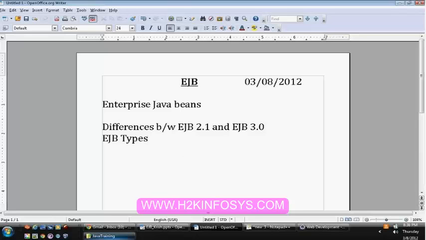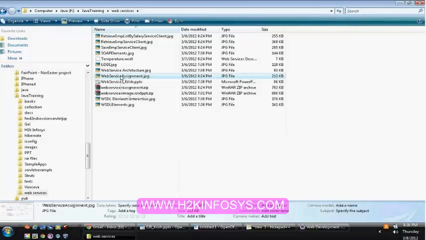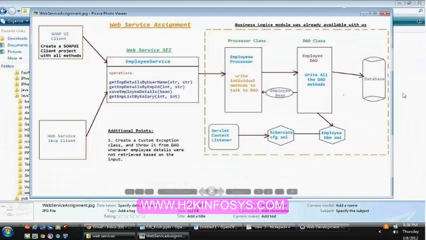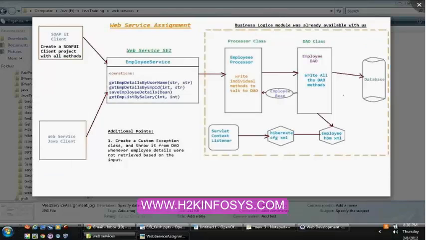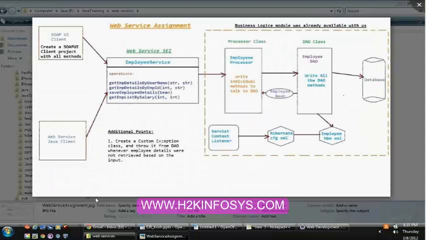Did you guys get a chance to take a look at the web service assignment? Click the diagram, whichever I have sent. Did anyone verify the diagram? If you guys have no issues, actually this is not an urgent one. You guys can practice during the weekend or next week also, but please practice this particular example,